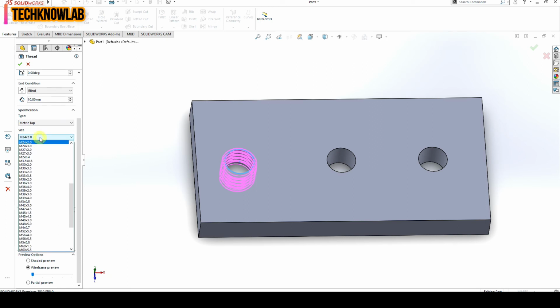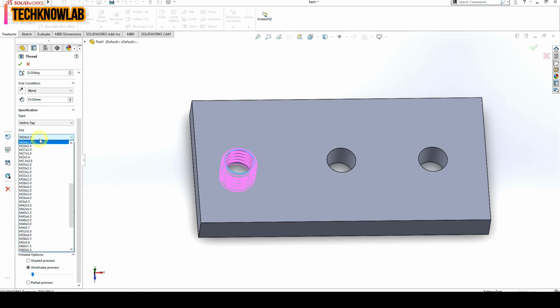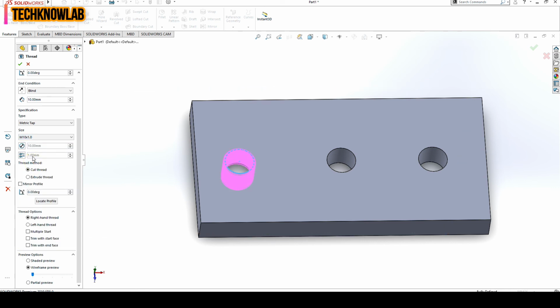And here we will choose the thread size. It will automatically detect the thread size, but if you want to choose something else, choose it from here. As our outer diameter is 10, I am using 10 by 1 here, meaning 10 is the outer diameter and 1 is the distance between two consecutive threads, also called pitch. So this is the way.